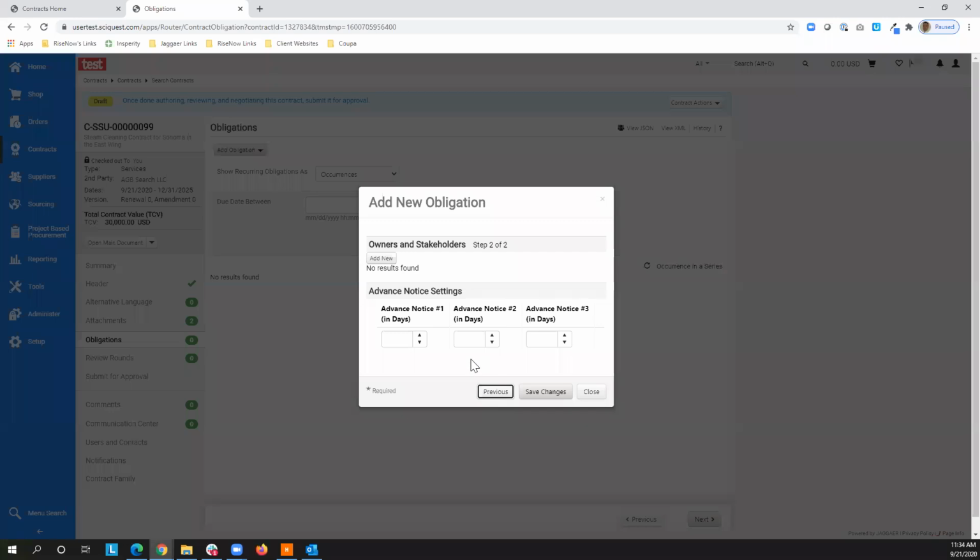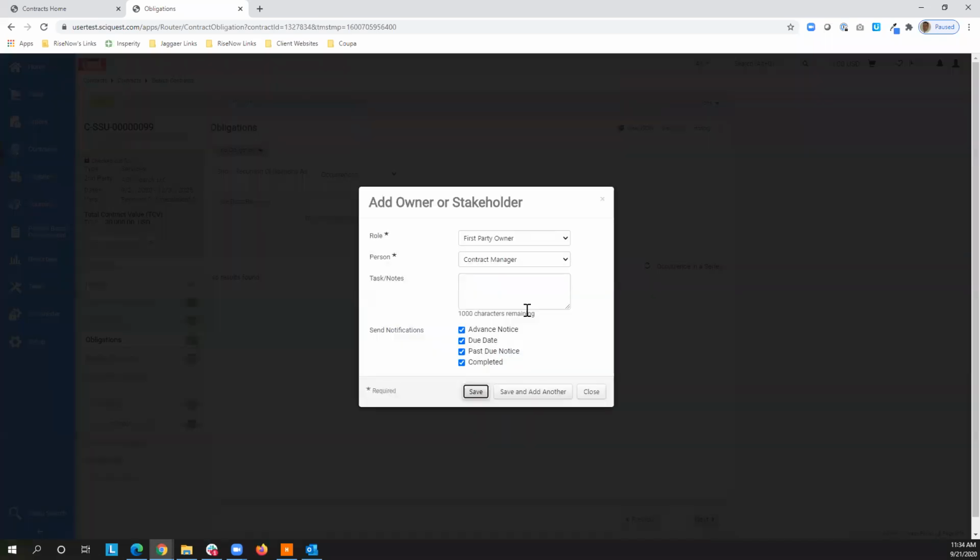Okay. Next, you're going to set up the owners and stakeholders for this obligation. To do that, you'll click Add New. And you can specify first-party owners, so that'd be owners at CSU or Cal State. You can specify whether they'd be a first-party stakeholder or a second-party stakeholder. So we'll just go ahead and add a first-party stakeholder for now, or first-party owner for now. And we'll just say it's the contract manager who's going to be responsible for this. And we'll give them a task or a note. So we might say,